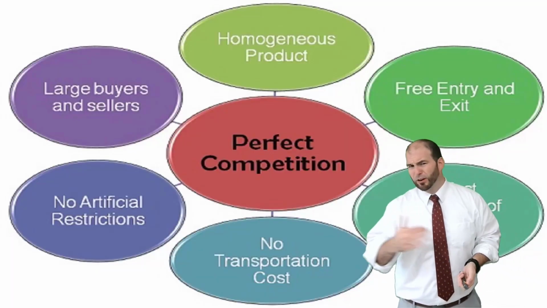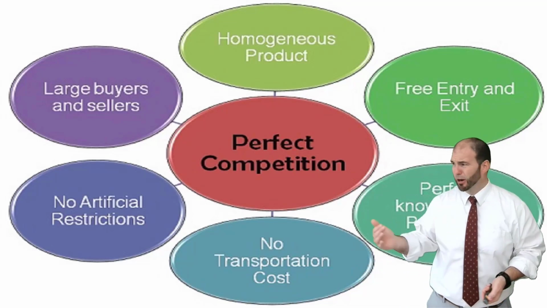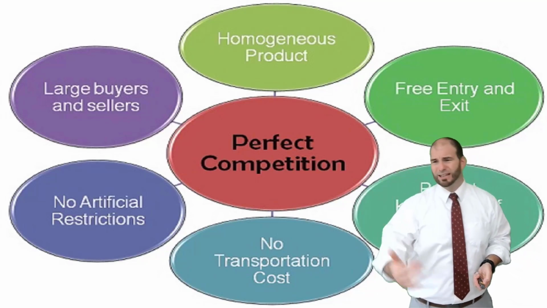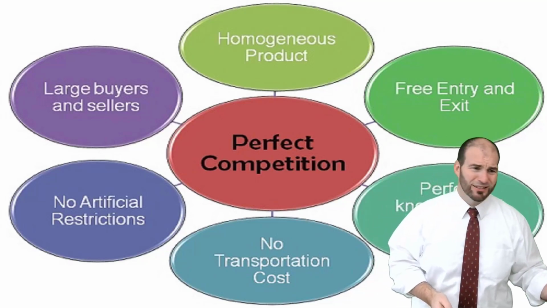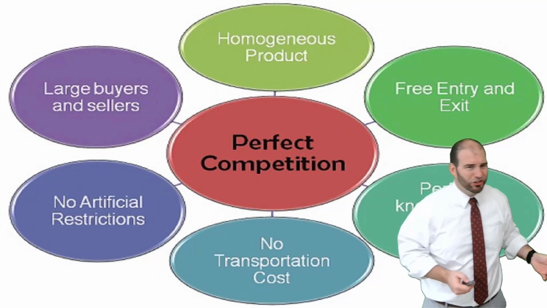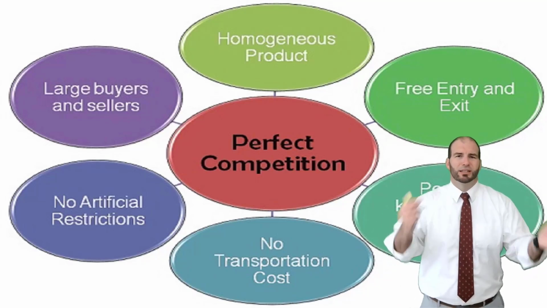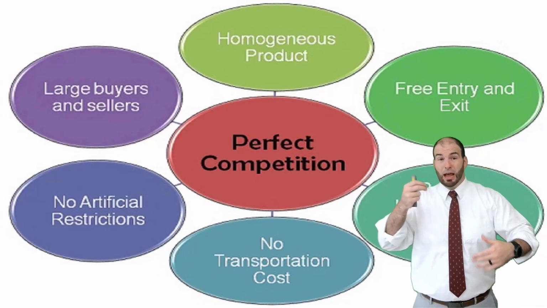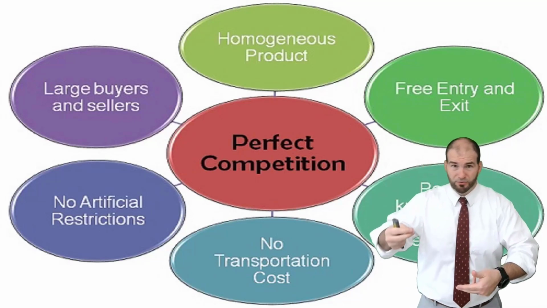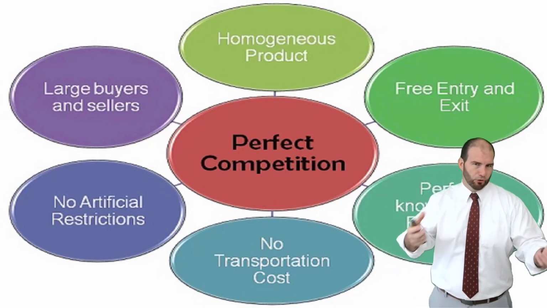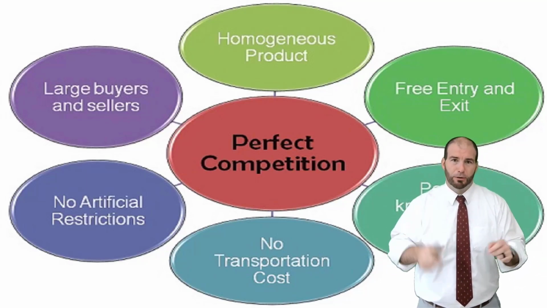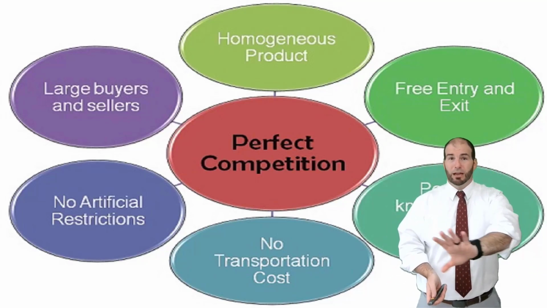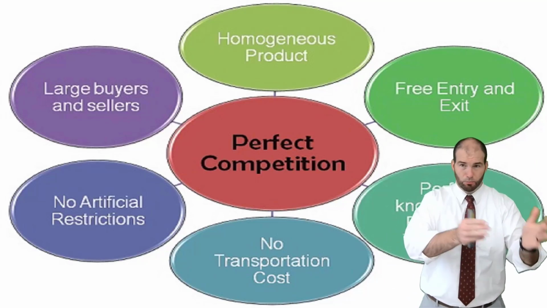So perfect competition is like you can get the same product from anybody. It's super high quality, with perfect knowledge of it, the prices, the technology, large buyers and sellers, no artificial restrictions, no shipping costs. There are all these things, and while some companies can put all their eggs in one basket and have a couple of these, and a couple of markets have some of these things, it would be impossible for any market to be perfect in competition. This is just the imaginary ideal that we use to measure markets by. How close are they to being perfect?